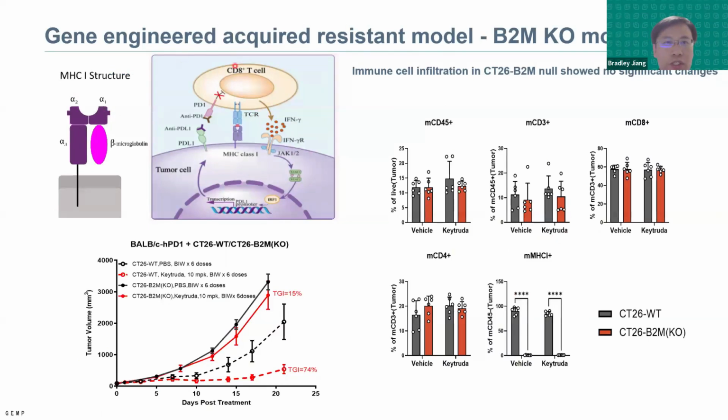Another engineered acquired resistance model is the B2M knockout. We know that B2M is a subunit of the MHC structure, and knocking out B2M can lead to impaired expression of MHC, making the tumor resistant to anti-PD-1 treatment. We established these resistance models by knocking out B2M in CT26 cells. This model showed no response after Keytruda treatment,